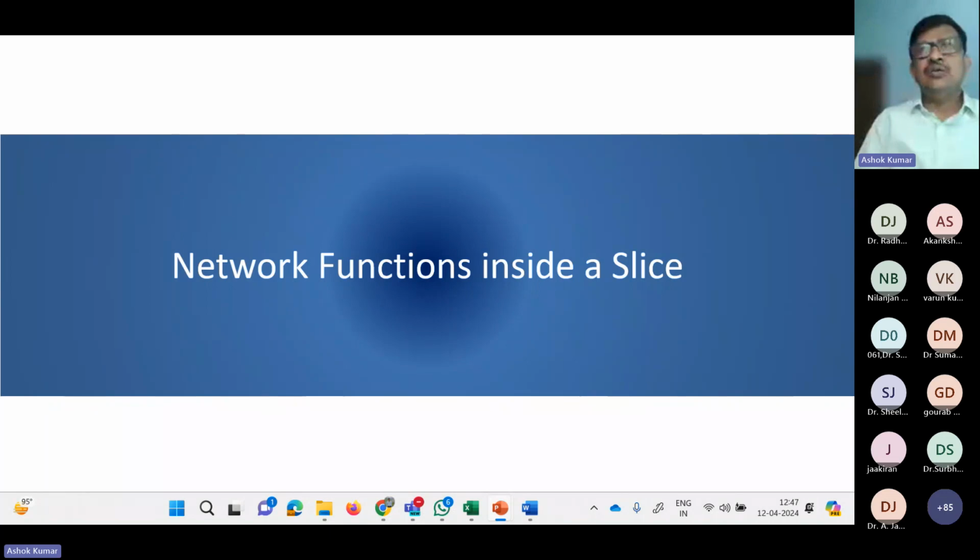So what is allowed is the one which I have subscribed. Whenever I take a connection, I would subscribe to a certain number of slices, and based on that, I'll be paying to those operators as a UE. So those slices are accessible to me. Those slices are, as a UE, accessible to me. So those are the allowed ones. What was your other question?